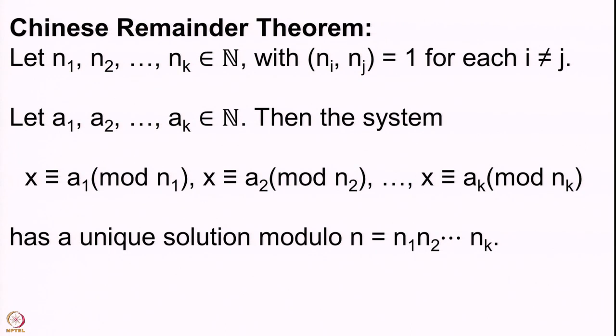Let me just remind you of the statement of the theorem. We have n1, n2, up to nk. This is the case that we are now going to prove. We have a k-tuple of natural numbers consisting of pairwise co-prime integers. We have another k-tuple of natural numbers a1, a2, up to ak, and we are asking for the solution to the system x congruent to a1 mod n1, a2 mod n2, up to ak mod nk. The uniqueness part will be seen later. So, now we are going to prove this general case.